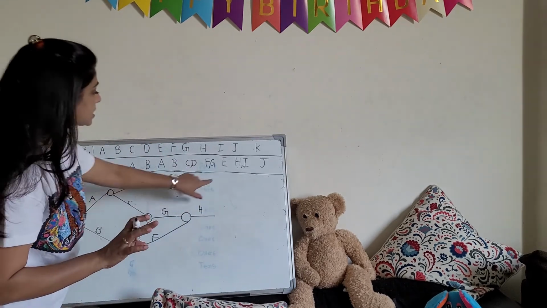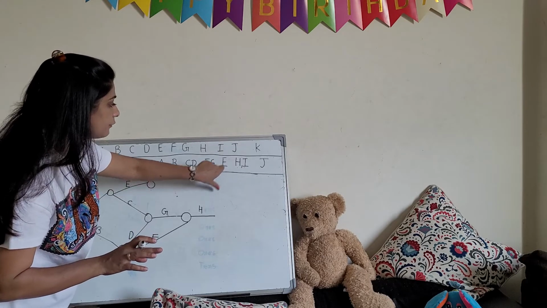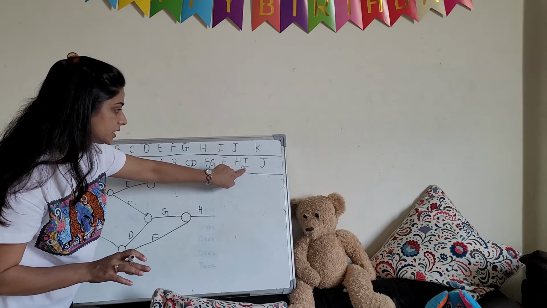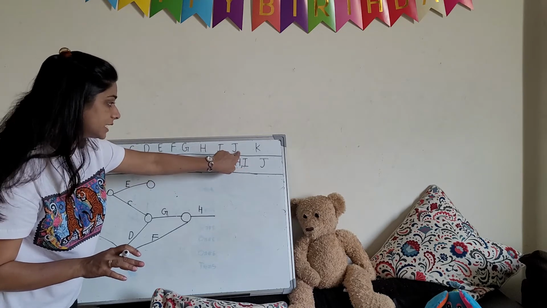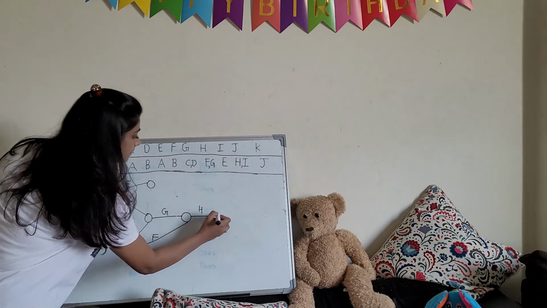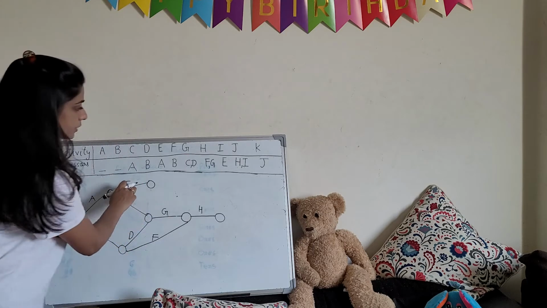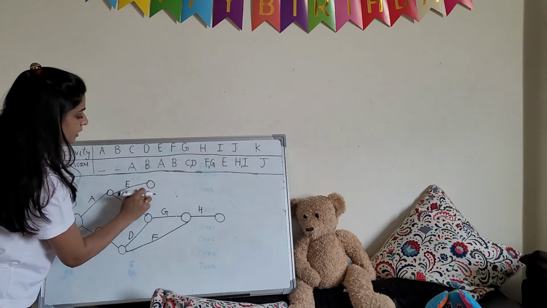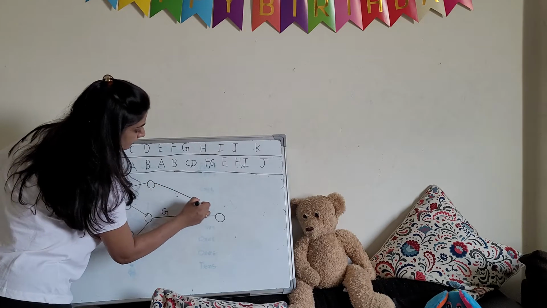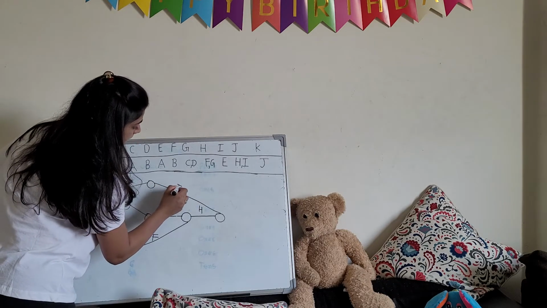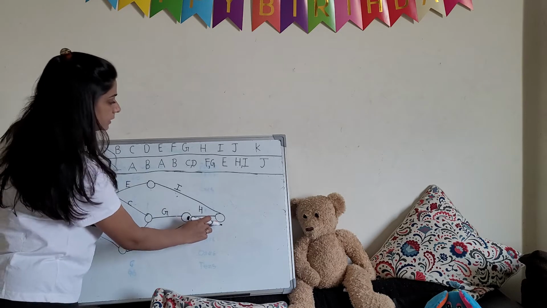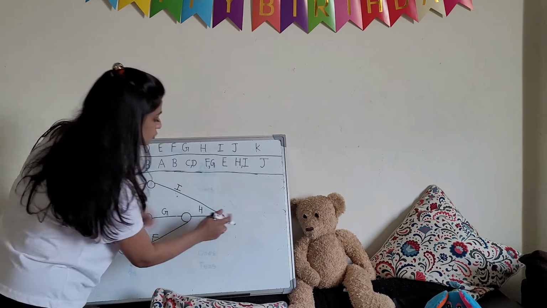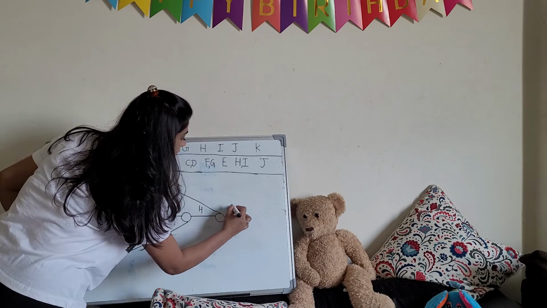Fine. Now next is E is the predecessor of activity I, and next if we can see here, H and I are the predecessors of activity J. So E is here, right? So E is the predecessor of activity I. So what we can do, if we combine this I activity to H activity, then from this point H and I are the predecessors of J activity. So we can perform J activity, right?